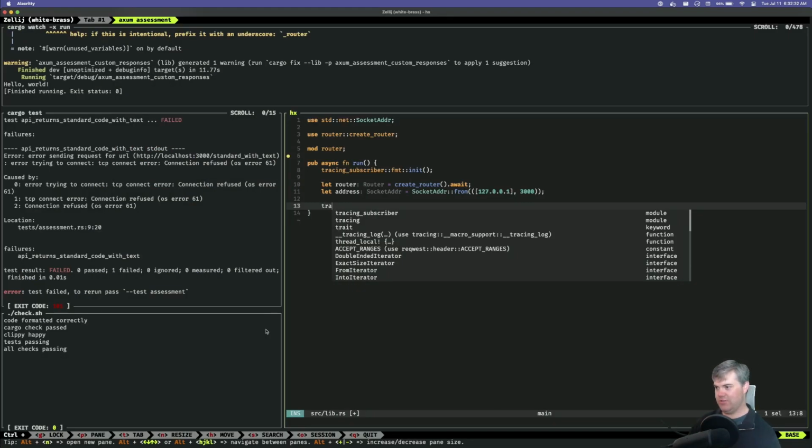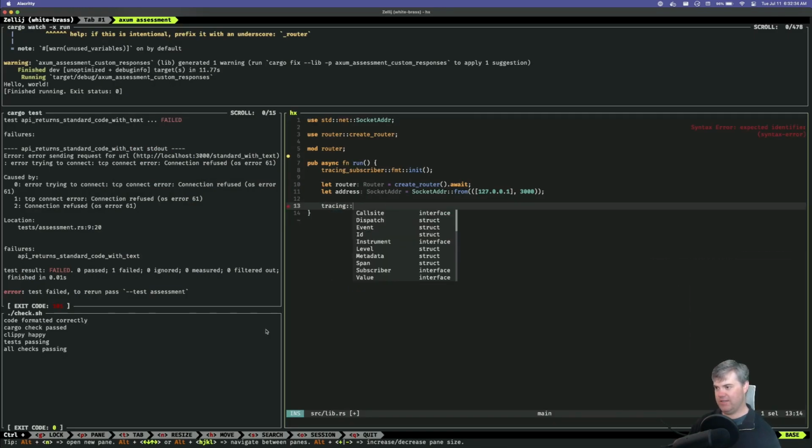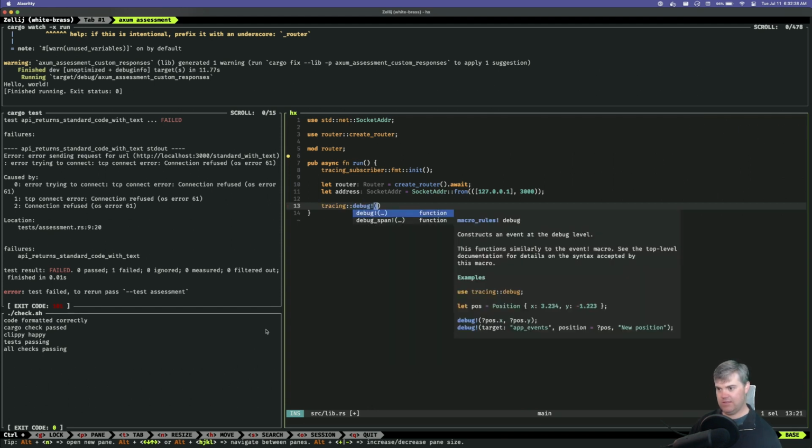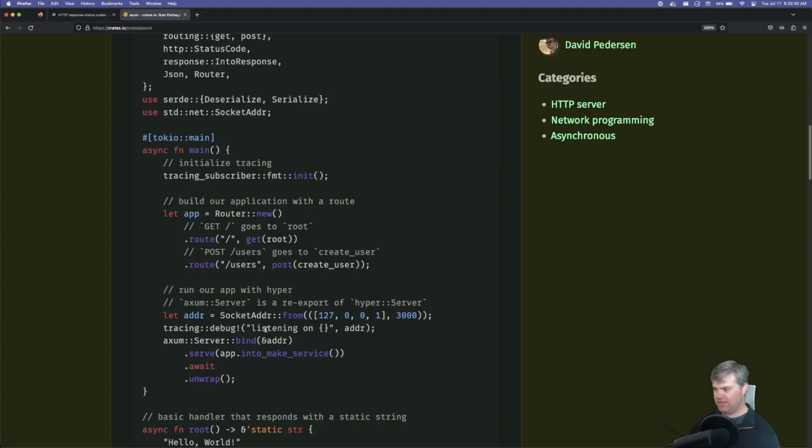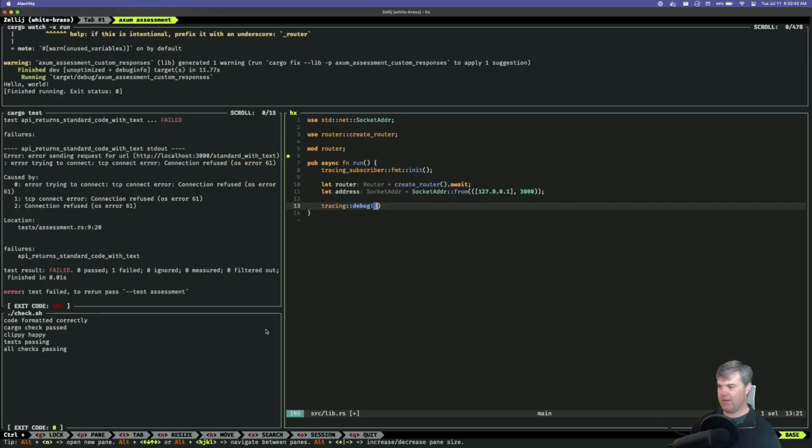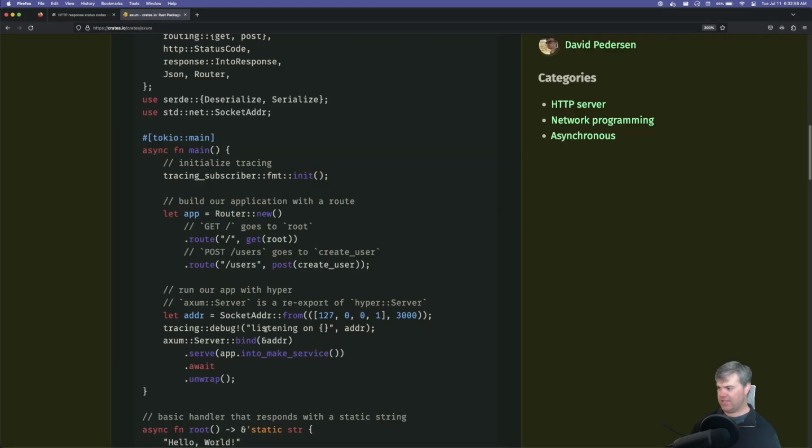So tracing debug. Is it a, oh yeah, it is a macro. Okay, so we're listening on. Okay, and then next we have our server bind.